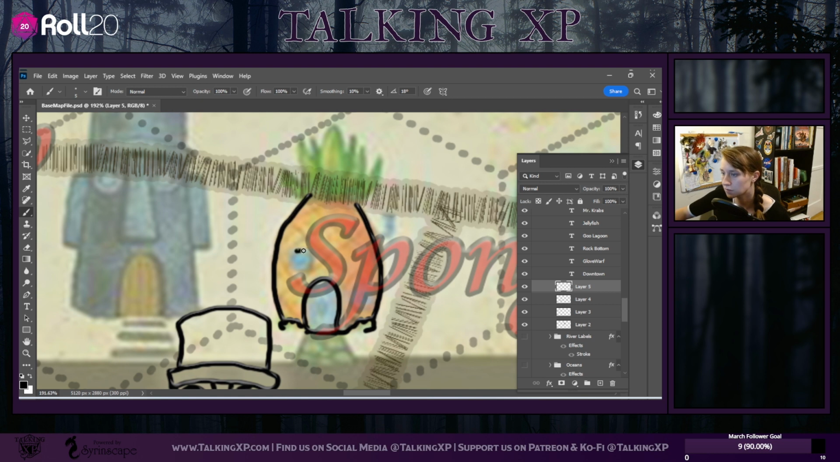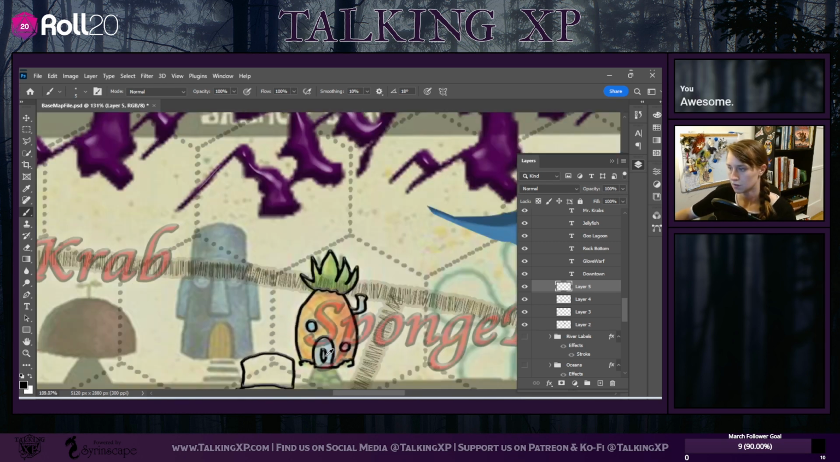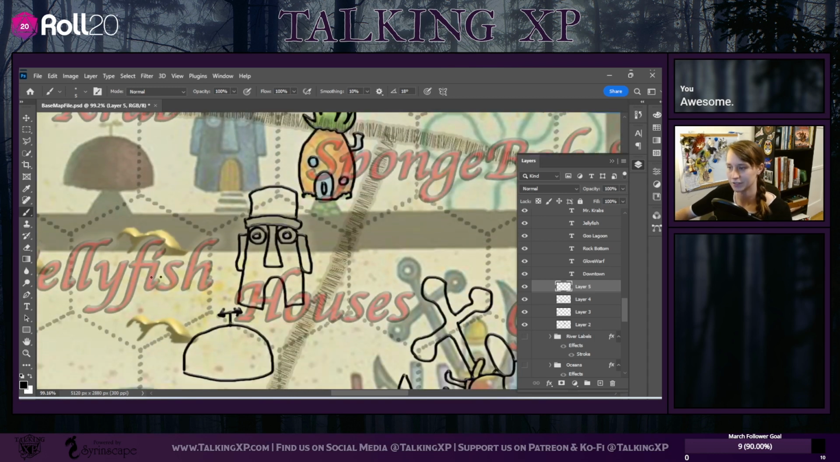Porthole looks a little sad. Chimney right here. And then we got the big old leaves. Awesome. Those look amazing. Gotta fill in that